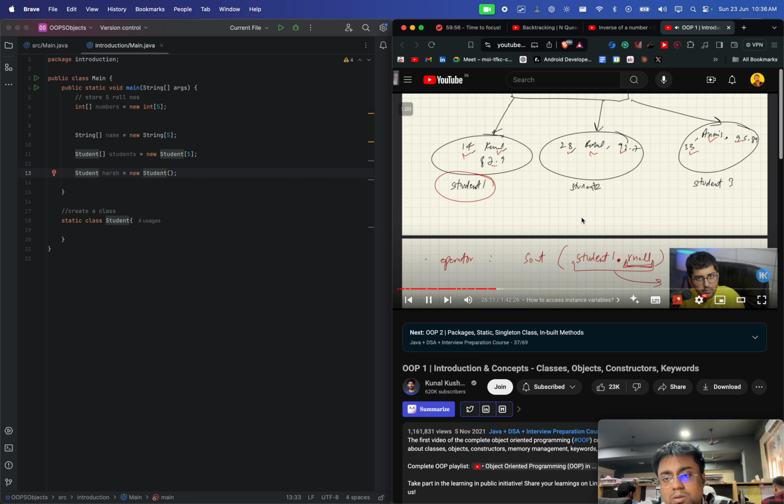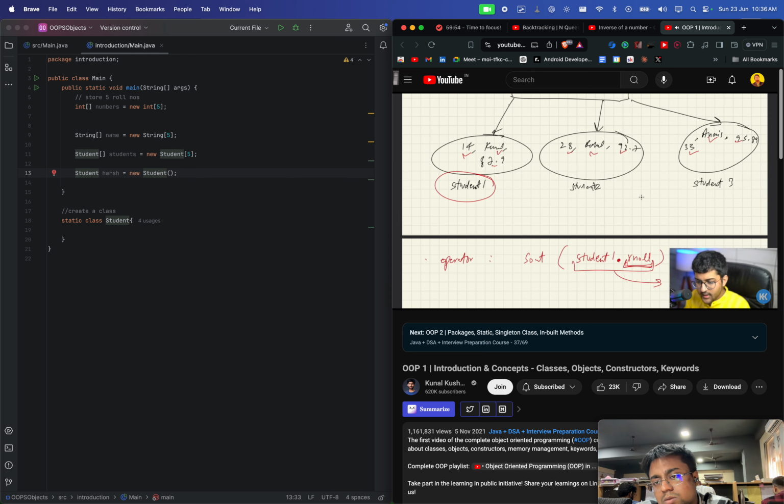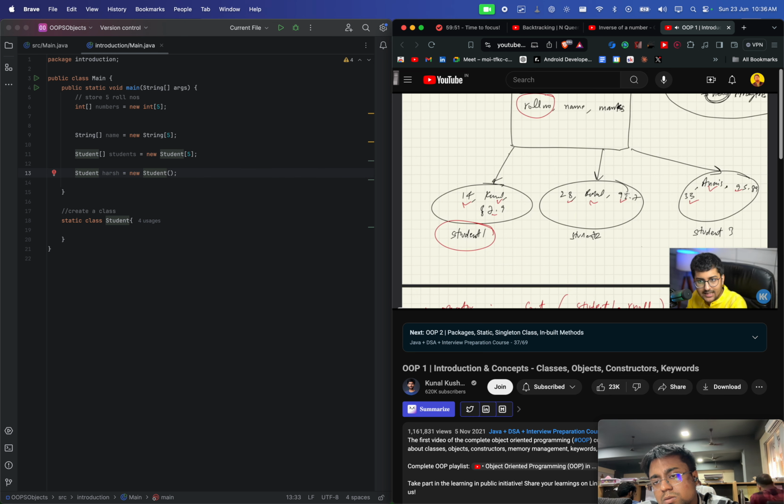So let's talk a little bit more about that, how we can work with this. Okay, so these are instance variables, variables that are declared inside the class,